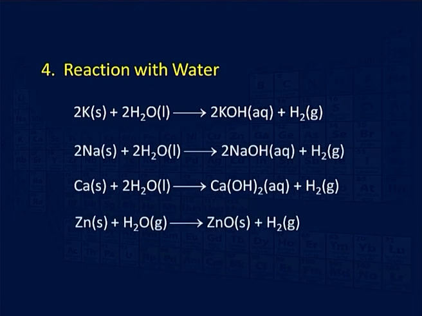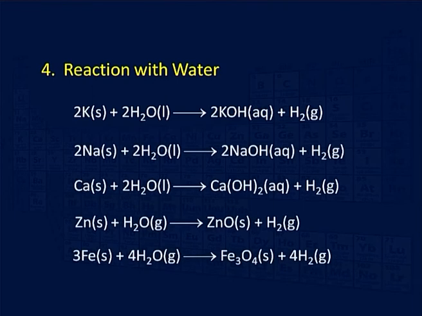So, these are some reactions of alkali and alkaline earth metals along with the transition metal ion with water. As you can see, potassium and sodium react violently with water, forming their hydroxides and liberating hydrogen as well. Particularly sodium, you are well aware that when it reacts with water, sometimes a blast may also occur. However, transition metal ions such as zinc and iron react very slowly with water to form